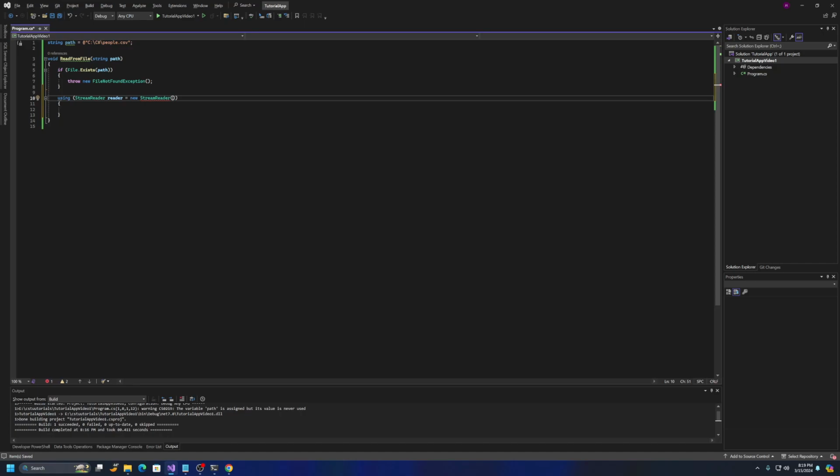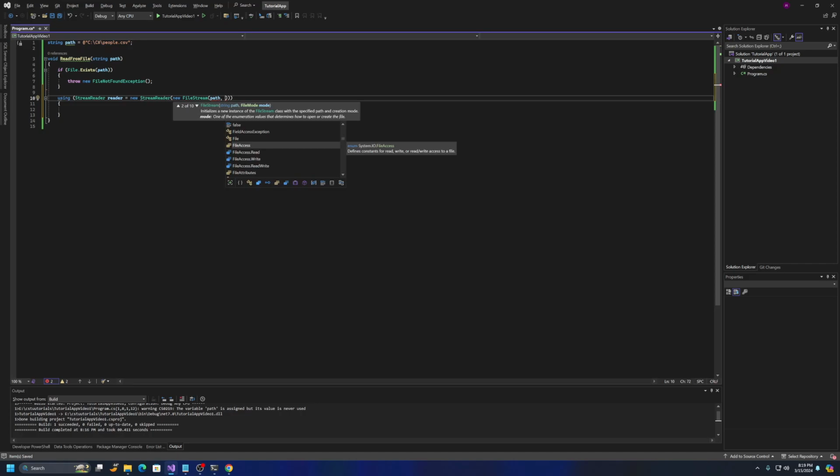Inside of the constructor for our StreamReader, this takes in a single parameter, which is our FileStream. So we'll say new FileStream, and this again takes in three parameters: a path,